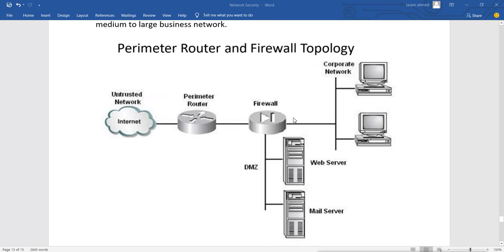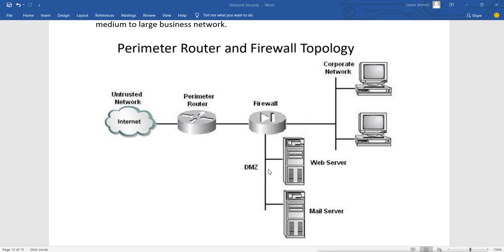We use this for a big, medium to large network, where we have a perimeter router, and after the perimeter router we have a separate firewall protecting our internal network and our DMZ zone. Now this DMZ zone is called the demilitarized zone.